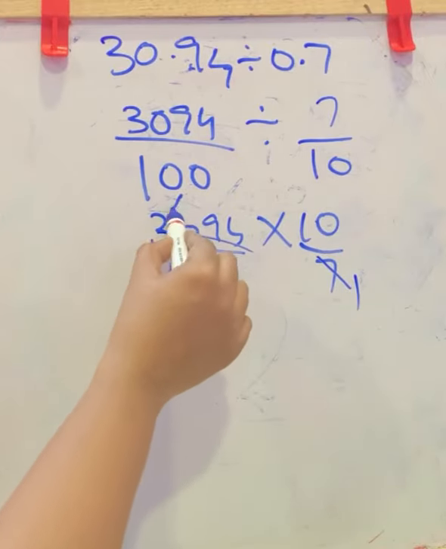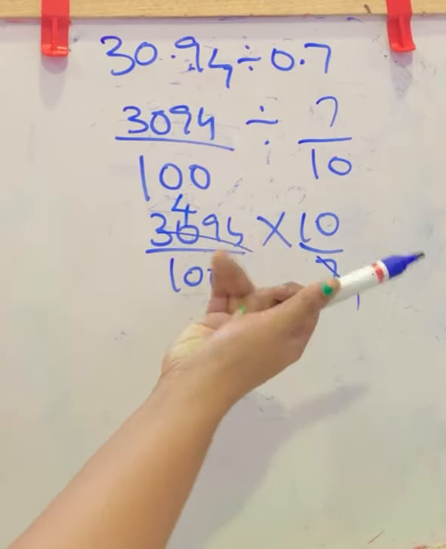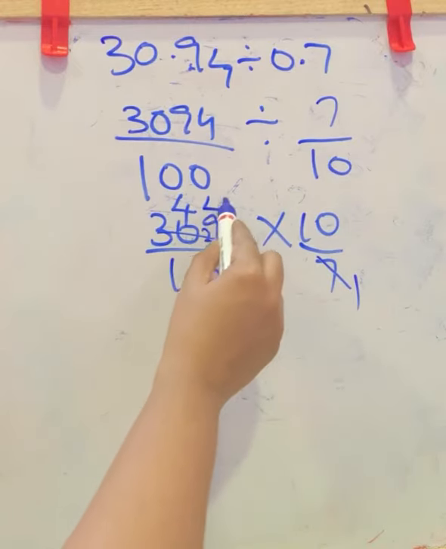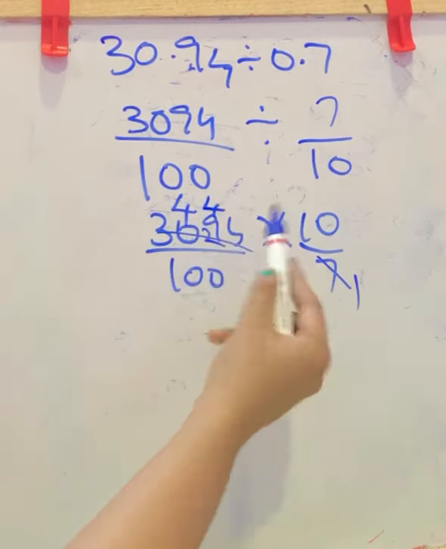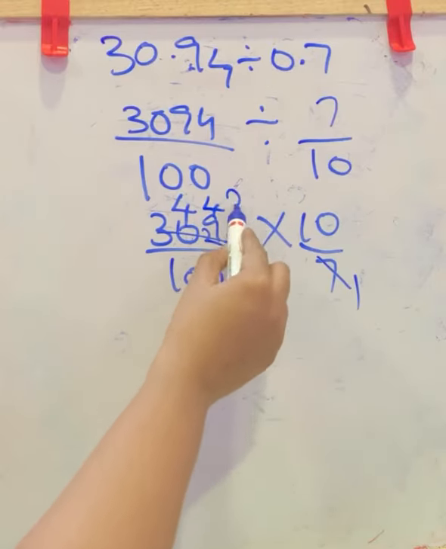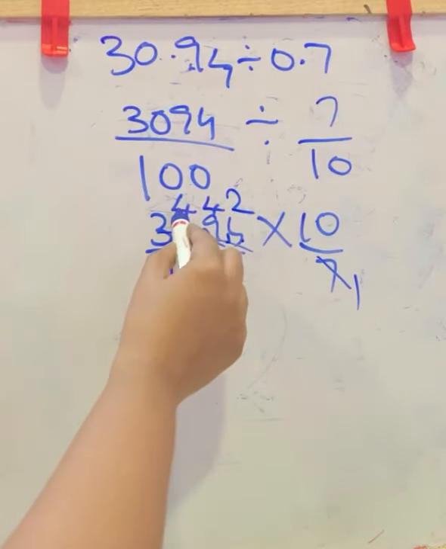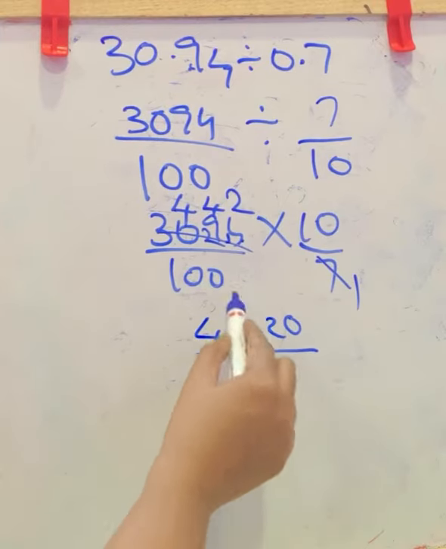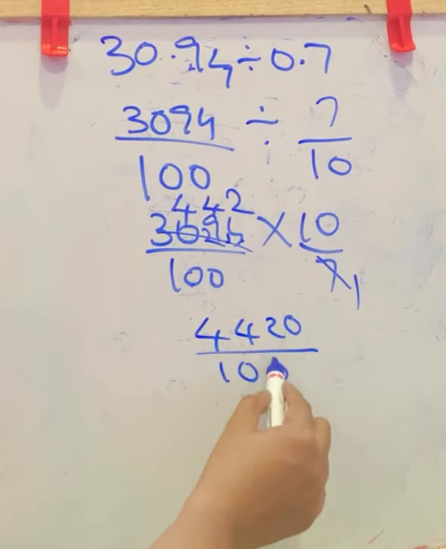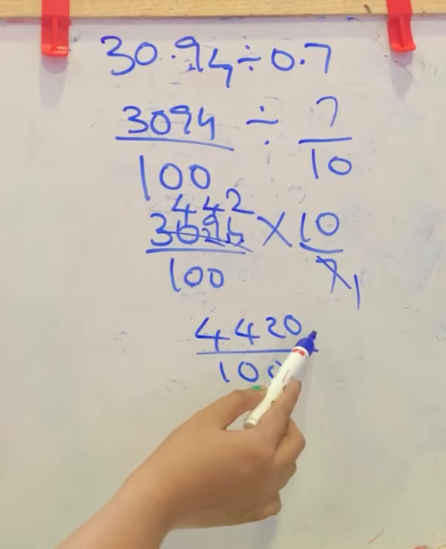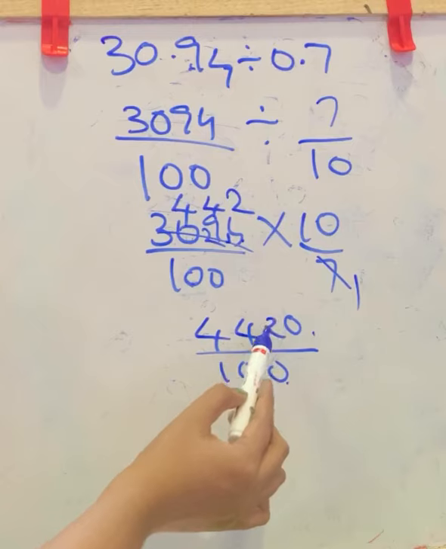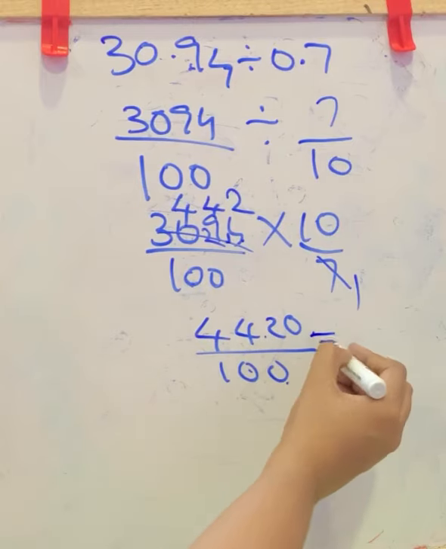In 30, 7 fours are 28. Balance is 2, 29. Now in 29 again 7 fours are 28. Balance is 1, 14. In 14, 7 twos are 14. Here 442 into 10 is 4420 by 100 into 1 is 100. Here actually without decimal, this number means the decimal is here. Now 2 places to left side, decimal reaches here. The answer is